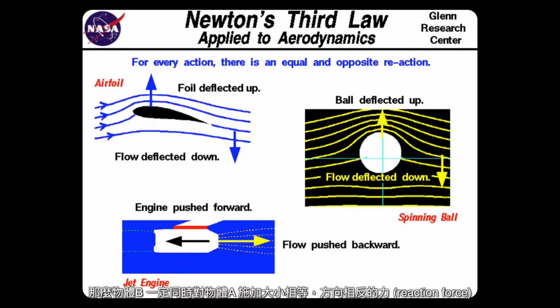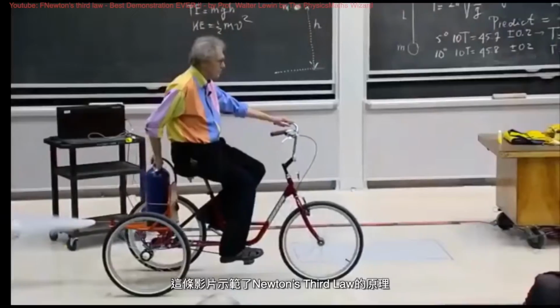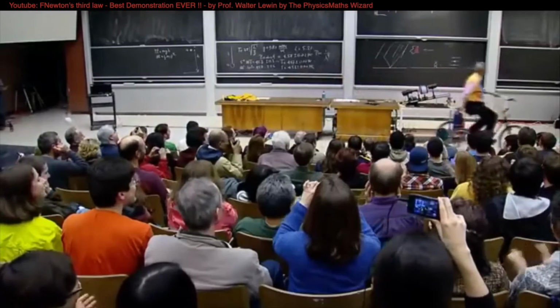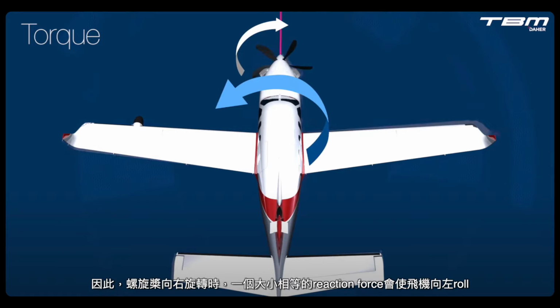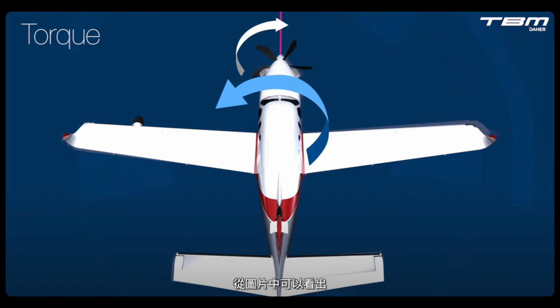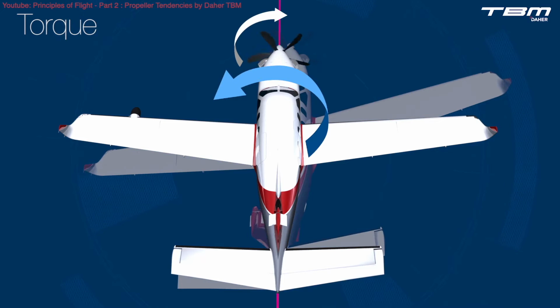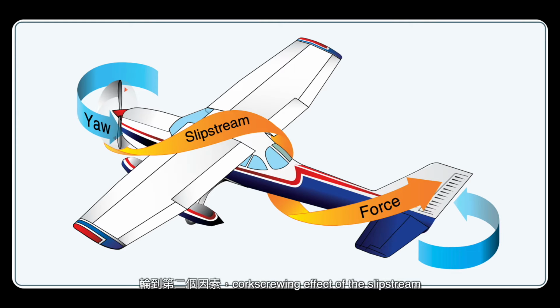咁物體 B 一定會同時對物體 A 施加大小相等、方向相反嘅力，英文叫 reaction force。呢條影片示範咗 Newton's third law 嘅原理。因此，螺旋槳向右旋轉緊嘅時候，一個大小相等嘅 reaction force 會令飛機向左 roll。從圖片中可以睇得出，白色箭嘴係螺旋槳旋轉嘅方向，而藍色箭嘴係 reaction force 嘅方向。正正因為咁，飛機先會向左 roll。輪到第二個因素 corkscrewing effect of the slipstream。